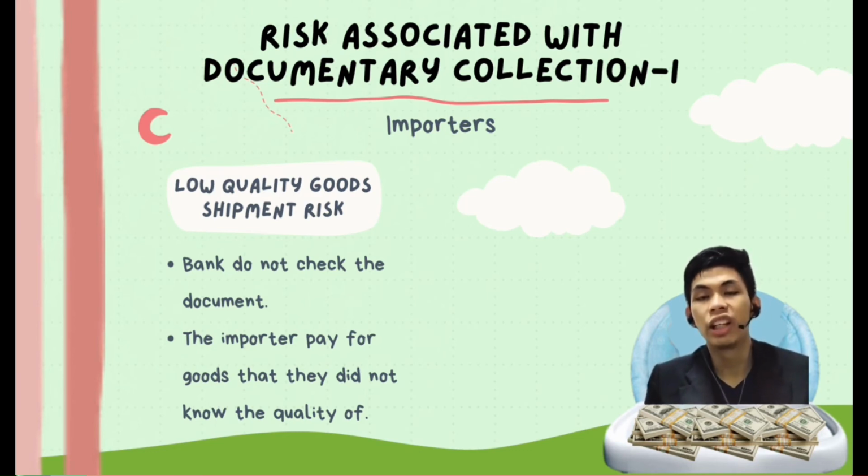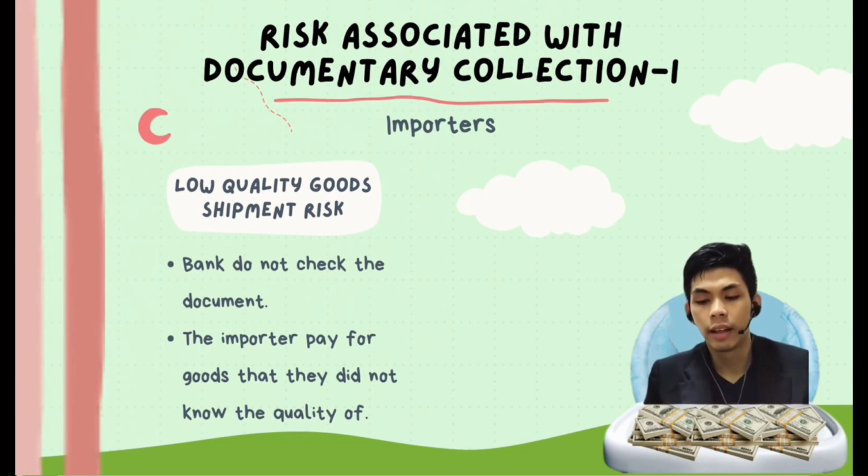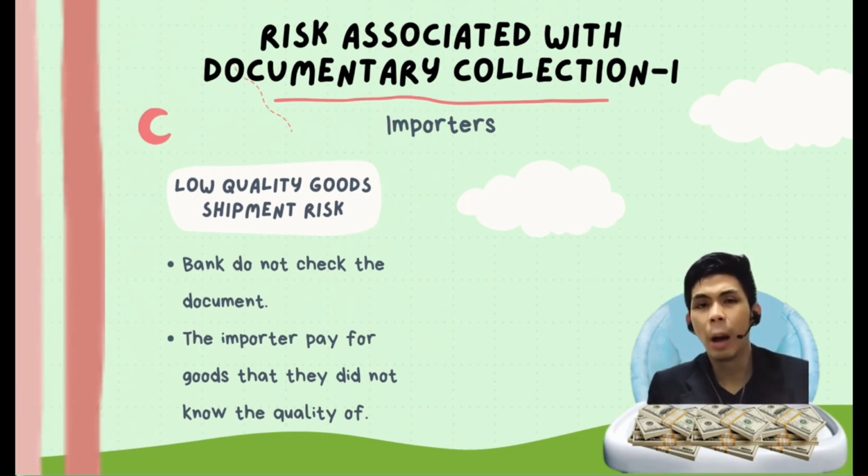Under the current documentary collection rules, which are called URC 522, banks do not check or control the documents. As a result, the importer pays against the documents, but they do not know the quality of the goods, thus making the risk higher for the importer when they are utilizing documents against payment. Even when they are utilizing documents against acceptance, the importer may be forced to pay for low quality goods